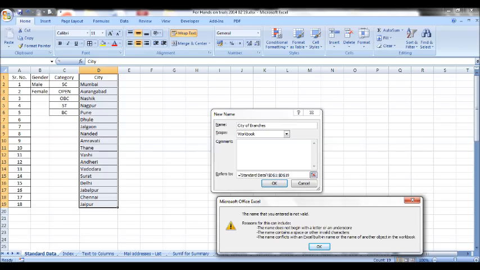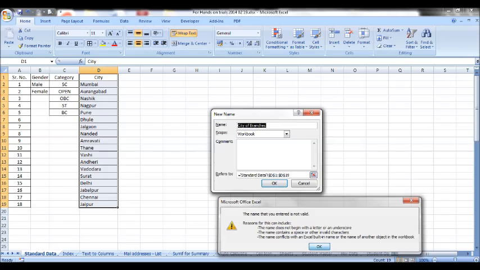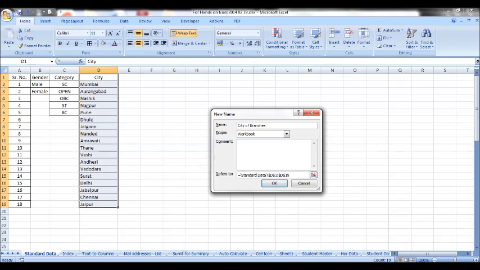Second thing, if you want to have the name in continuation of city or branches, put an underscore: city underscore of underscore branches, then it is a valid name for the range of city. Now this is not a list of city, it is city of branches for us.